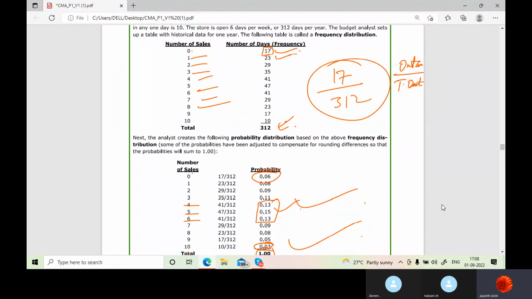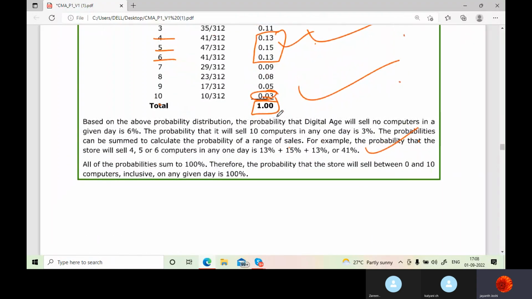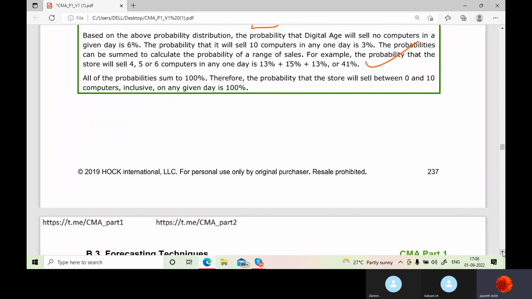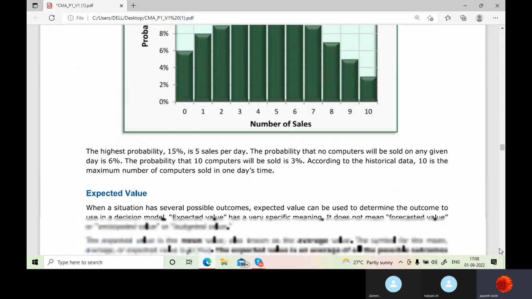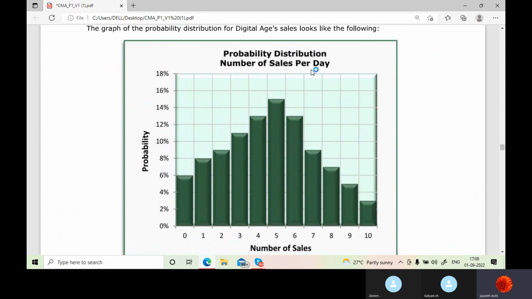Okay. Now this was the probabilistic approach, and let's move forward now. So now we can see a graph here, and we can see the percentages. So zero sales,